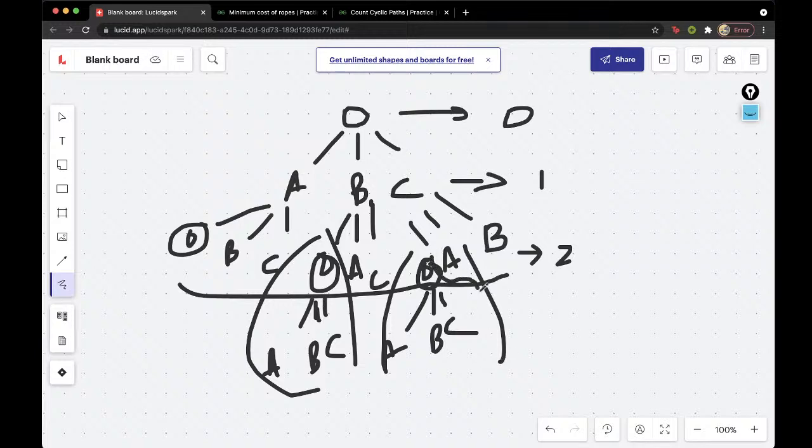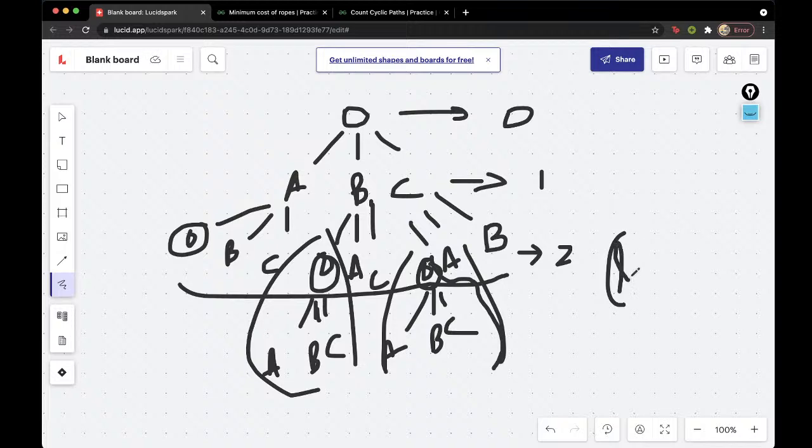If you recursively calculate this, you will calculate this subtree once and this subtree once, which is not efficient because you're essentially calculating the same thing more than one time. So what you can do is group this as